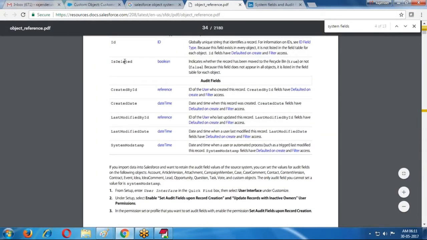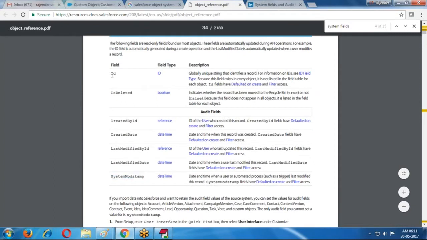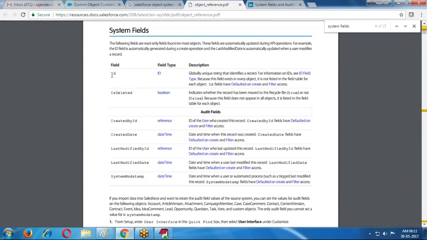ID, is deleted, created by ID, created date, last modified ID, last modified date, and system mod stamp. These are the fields called system fields.